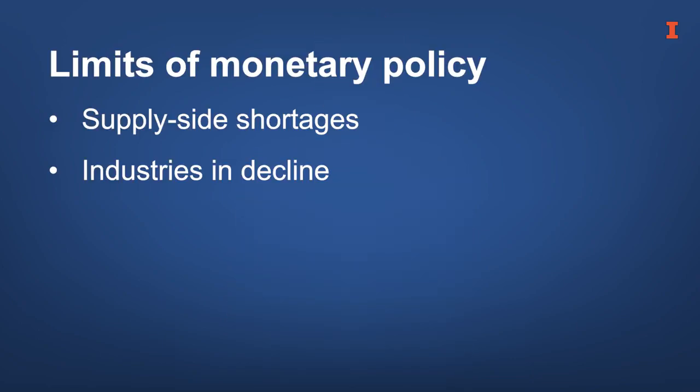The last two lessons are case studies that illustrate the limits of monetary policy. We will see that monetary policy can do little to offset supply-side shocks, such as spikes in oil prices. It cannot do much to support employment in industries that are in permanent decline due to structural changes in the economic environment. In sum, the previous module discussed which monetary policy tools are available to central banks and how they